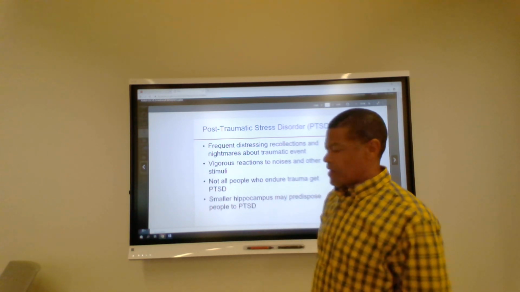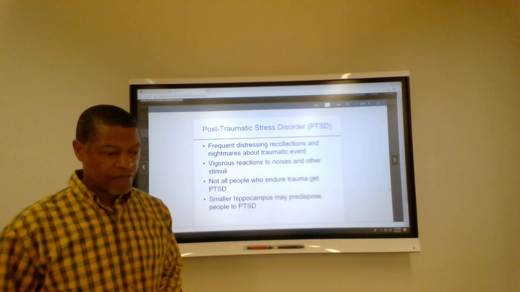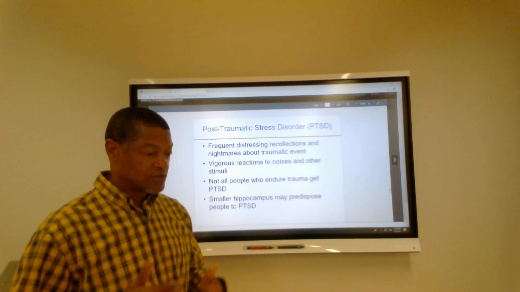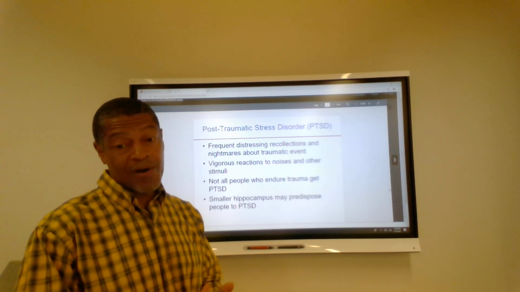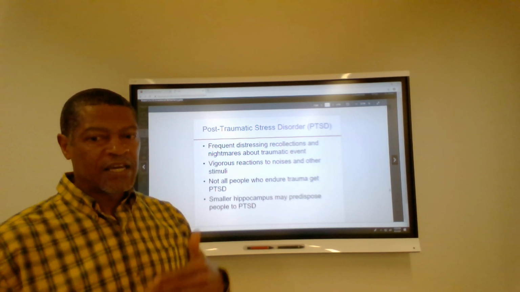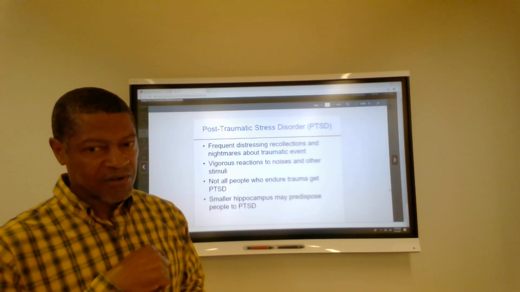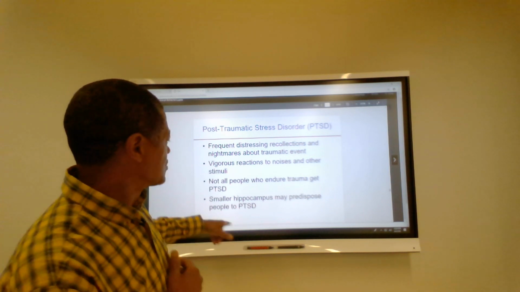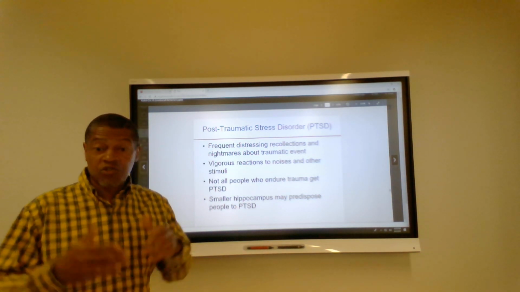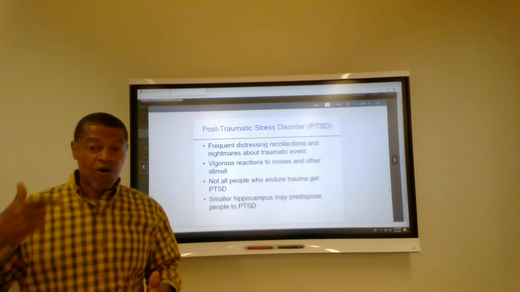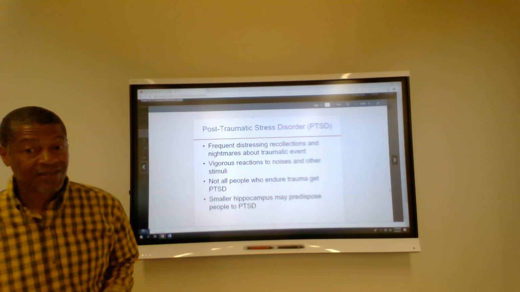So the hippocampus may predispose some people to have PTSD more so than others. If it's smaller, it may be triggering the disease. If you think about the military, it's problematic for the military to say, oh, the person had a problem before they came to the military. Therefore, they don't want to give you any benefits or assist you because it's saying that you had a problem before you came to the military, not that the experience caused the issue. So again, post-traumatic stress disorder, this is beyond the military, could be just a stressful event you had that caused you to now always reflect on this problem and you can't break it down to move forward in life. The anxiety disorder.